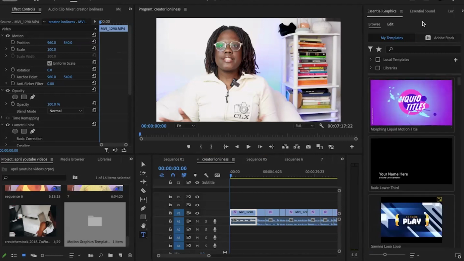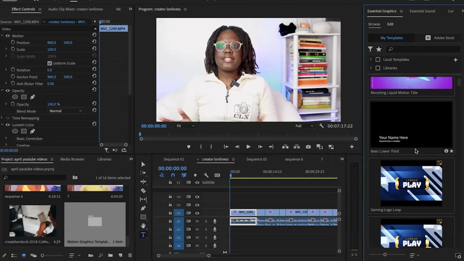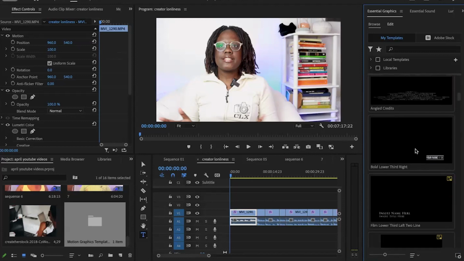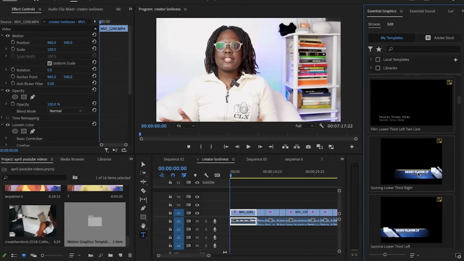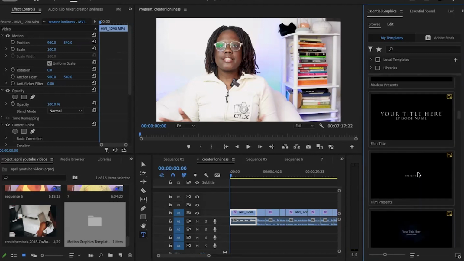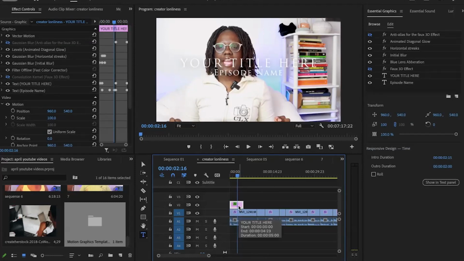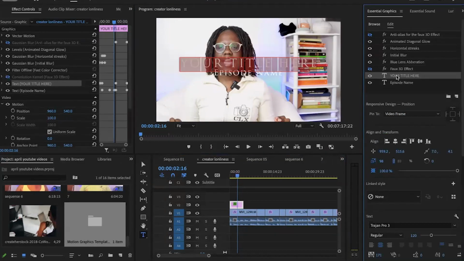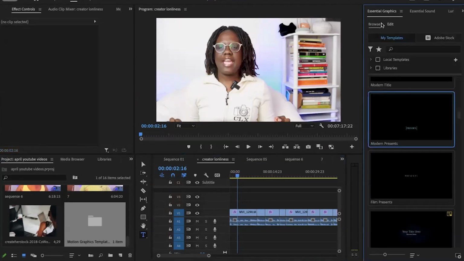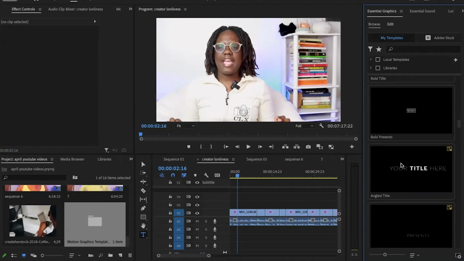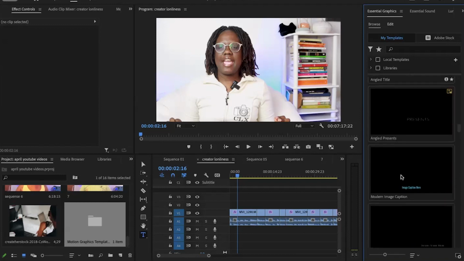So this right here is the Essential Graphics panel. To get here, all you have to do is press these two arrows over here and then press Essential Graphics. And they already have quite a few graphics that you can put inside of your video. Now, a lot of them are pre-made custom templates, but some of the graphics that they have in here that I really like to use is the title one that's right here. You could use that. And to change the title, you would just have to go inside of here and edit it. And then another thing that they have, and we're in the browse area, by the way, is more titles